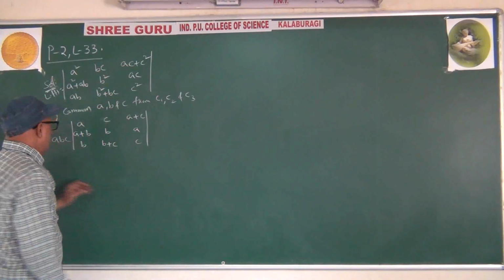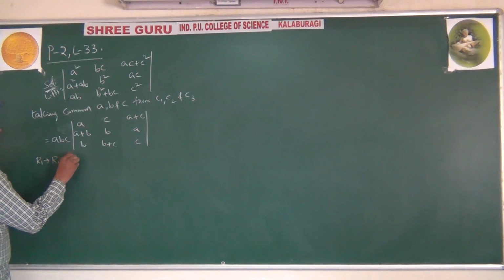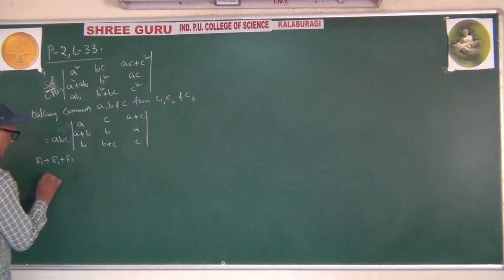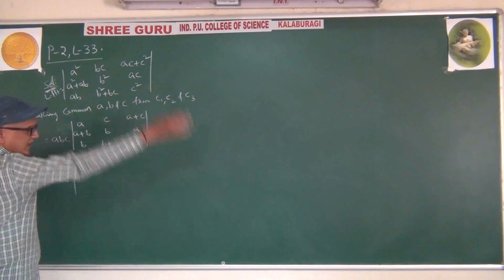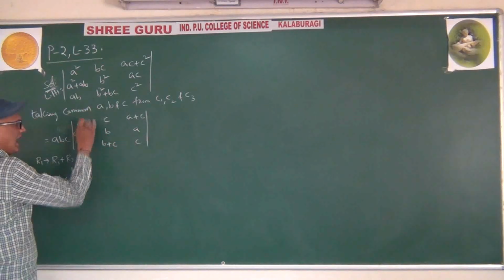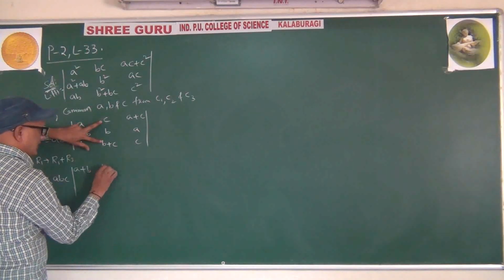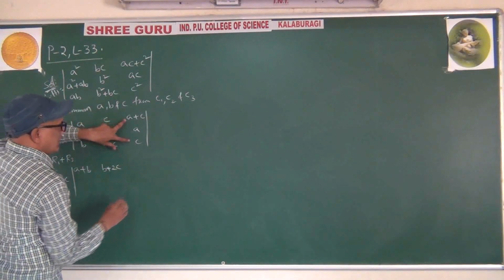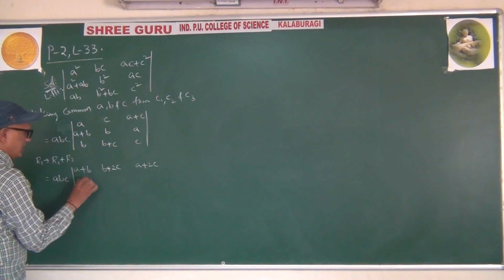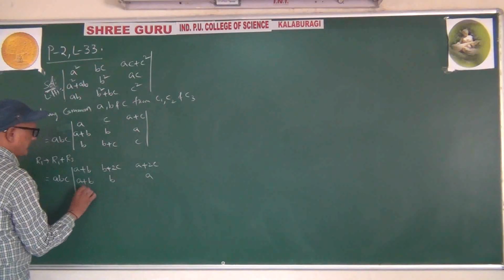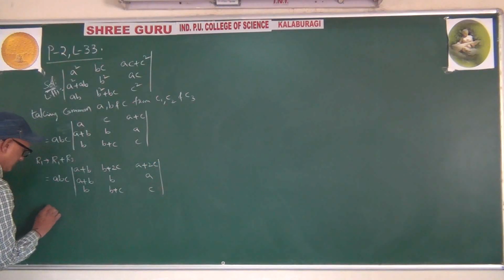Right. Okay. Now, what I am doing? I am going to change R1. R3 I am going to add. R1 I am going to change, R1 writing and R3 writing. Add both. R1 will be like this: a plus b, b plus 2c, and R1 plus R3, a plus 2c. Right? Second row, third row, keep as it is: a plus b, b, a; b, b plus c, c. Okay, now equals to abc.